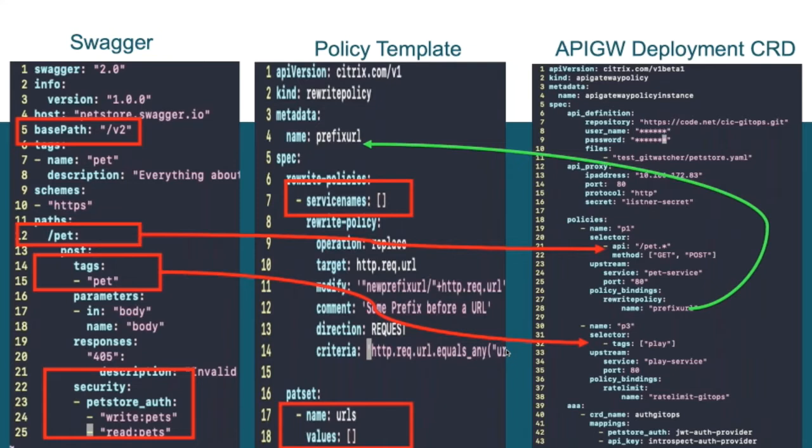Also, if you look at a Swagger specification, it has API details, but it doesn't usually contain much detail about the policies to be applied on that API, except for the security policy, because the people writing the spec need to know what kind of authentication or authorization expectations this API has.